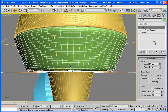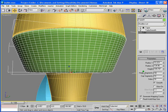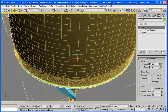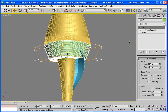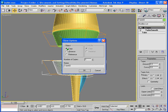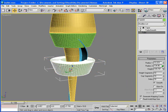If you want more sharp edges, you go back to the tube and just increase the cap segments to, let's say, 10, and height segments to 10. Sharp, increase this as well. So as you can see, it's coming out from here, so we just need to go back to taper, because this is the inside panel. So we've got our panel, and now we need to put more rings, and we just hold shift on the keyboard and bring it down. So we've got another ring, and say copy and say okay, and again go and fix it, radius